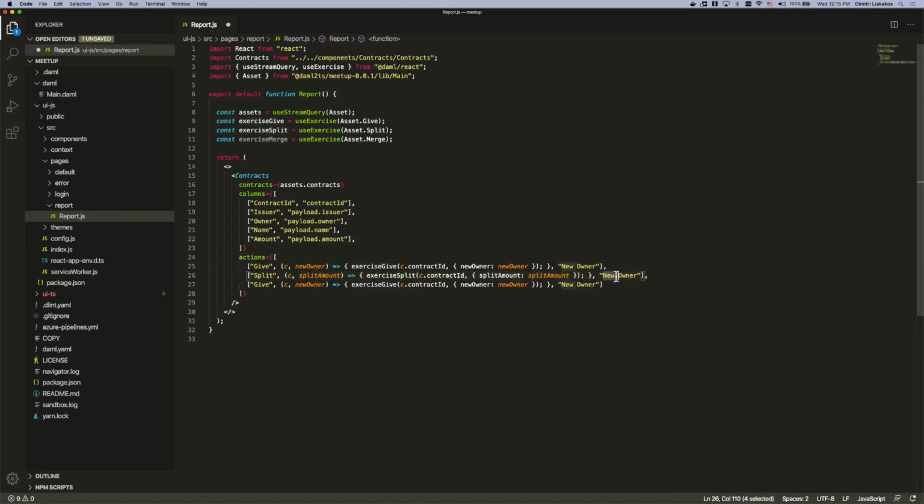And as a placeholder here, I'm going to say, and last but not least, for my merge, I'm going to change this to merge. And merge needs another asset ID, so other asset contract ID. And the placeholder text for this, let's make it other